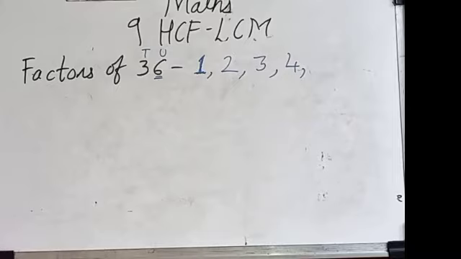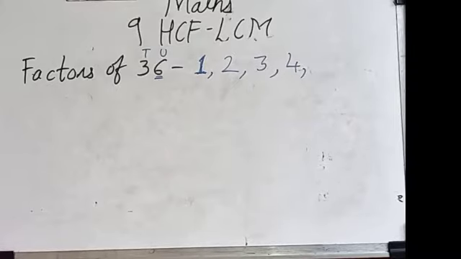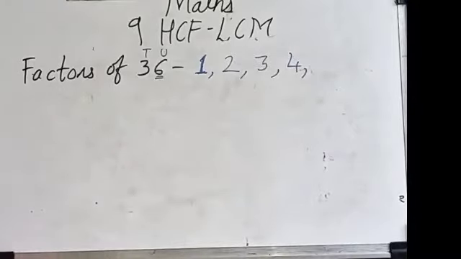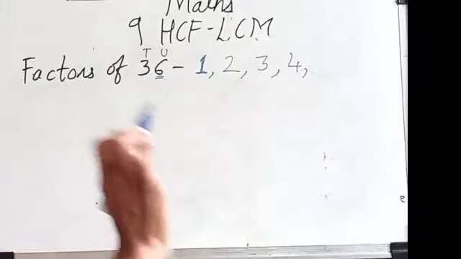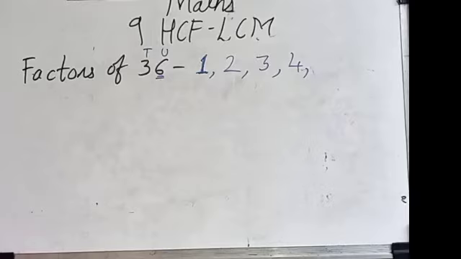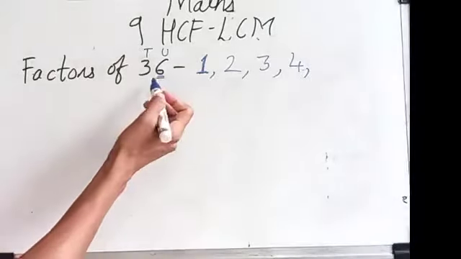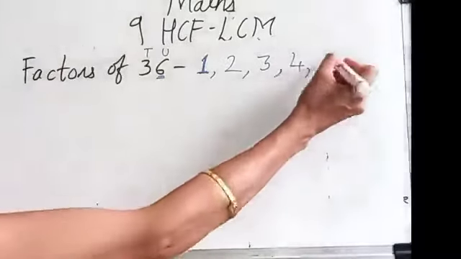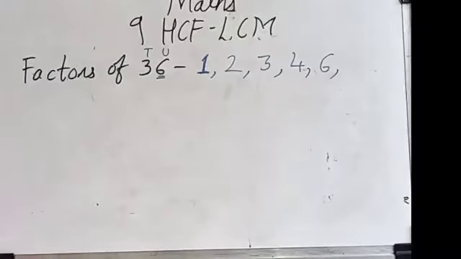Then see, the test of 5 we taught. So what is the test of 5? If 0 or 5 is there in the unit place, then that number is divisible by 5. So here 6 is there, so this number will not be divisible by 5. Then 6, you have to go in sequence now, students. Now you will say there is no test of 6, no. So you have to divide properly, means say the table of 6. Is there 36 in the table of 6? Yes. So 6 is also a factor of 36.